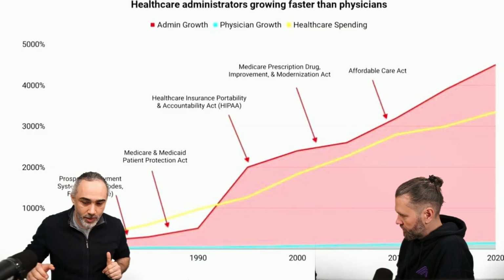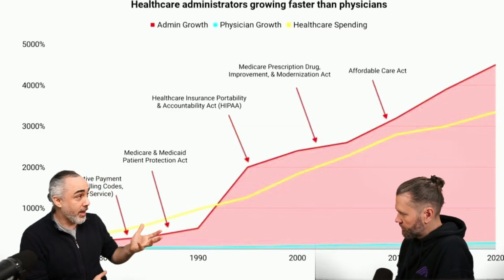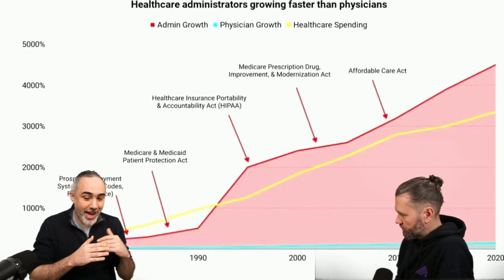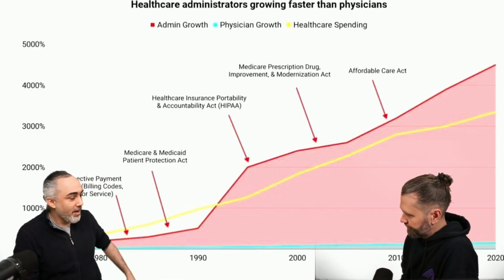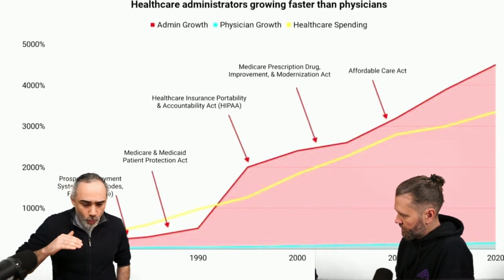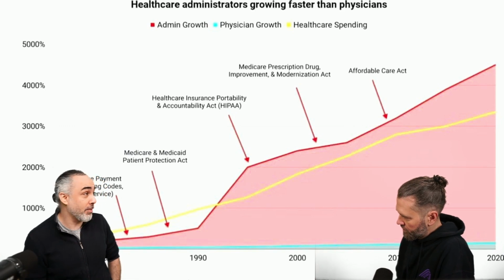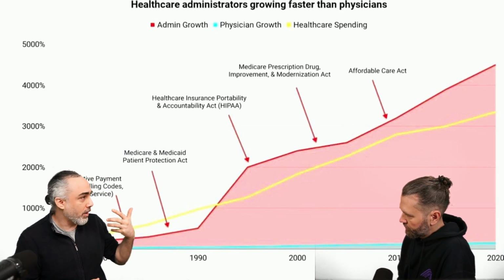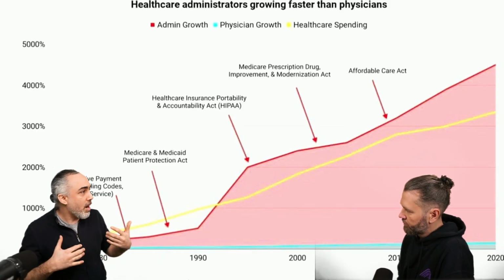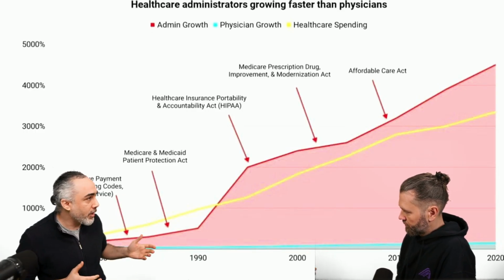We see here the yellow is the spending in healthcare and how it relates to admin growth, as opposed to the growth of physicians who are actually doing the healthcare work. Most of that spending is on admin work, because when you introduce something like HIPAA or SOC 2 compliance, you have all your team working. It's all manual. It takes a lot of work to make sure that you're on time